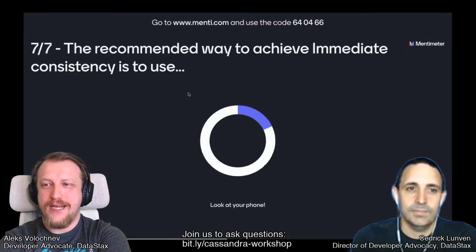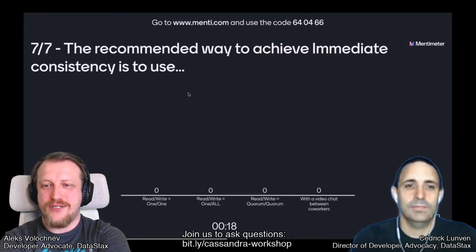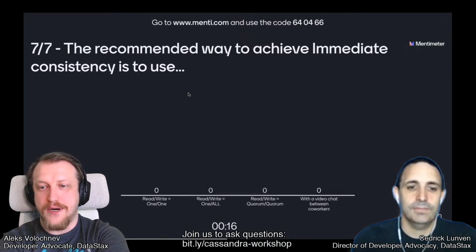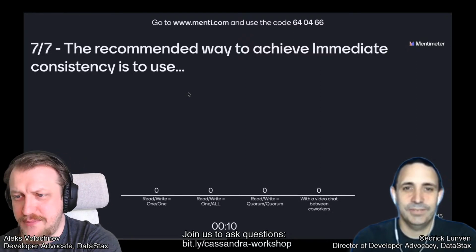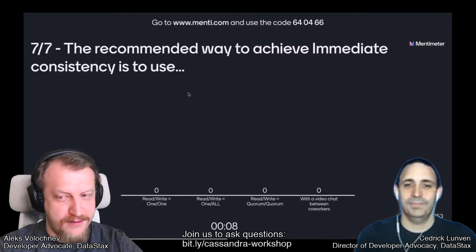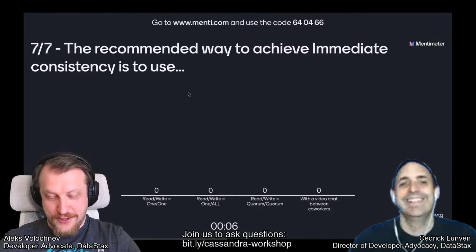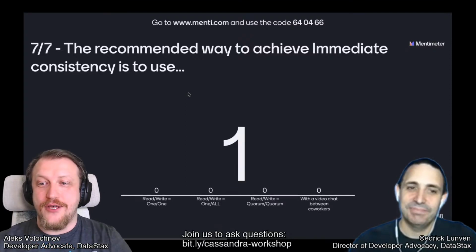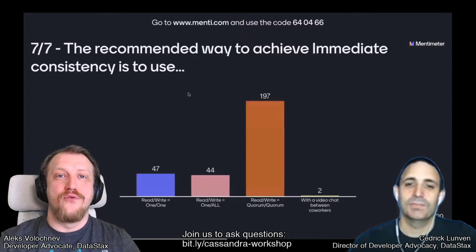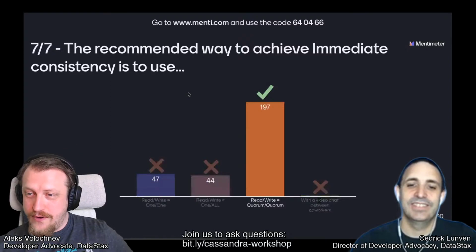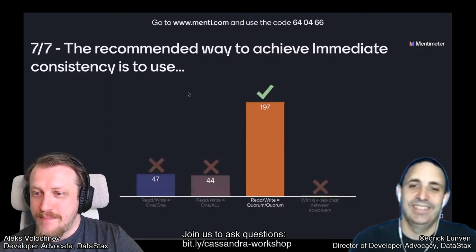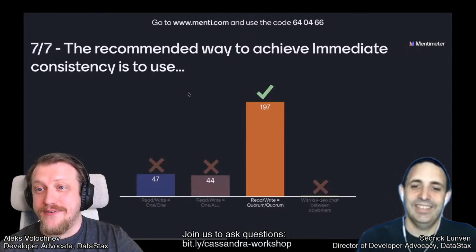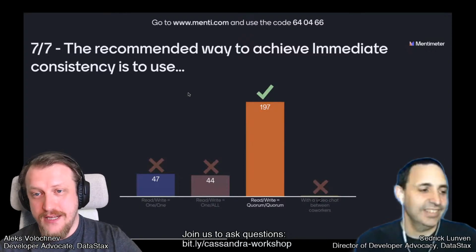The recommended way to achieve immediate consistency is to use read-write 1-1, read-write 1-all, read-write quorum, or a video chat between coworkers. Well, that may work as well. Obviously, Cassandra nodes do not use a video chat, but they use the Paxos protocol to reach the answers. So the correct answer is quorum, the recommended way to achieve immediate consistency.